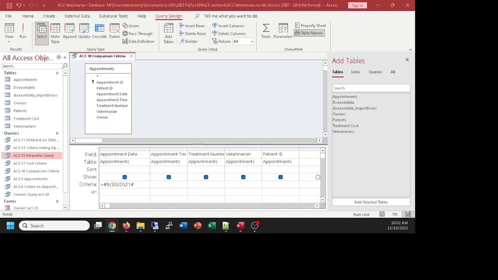Now we get a little more complicated here. Now that we have this appointments table with this criteria, let's build on this in the criteria section. The criteria is what we're going to want to really become an expert at, because that determines my results. What fields are chosen, that's getting to be pretty easy. What if we put veterinarian